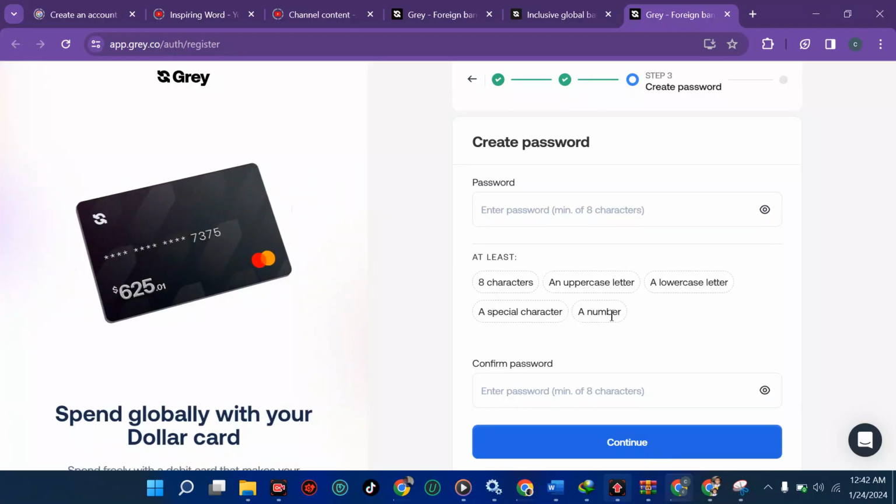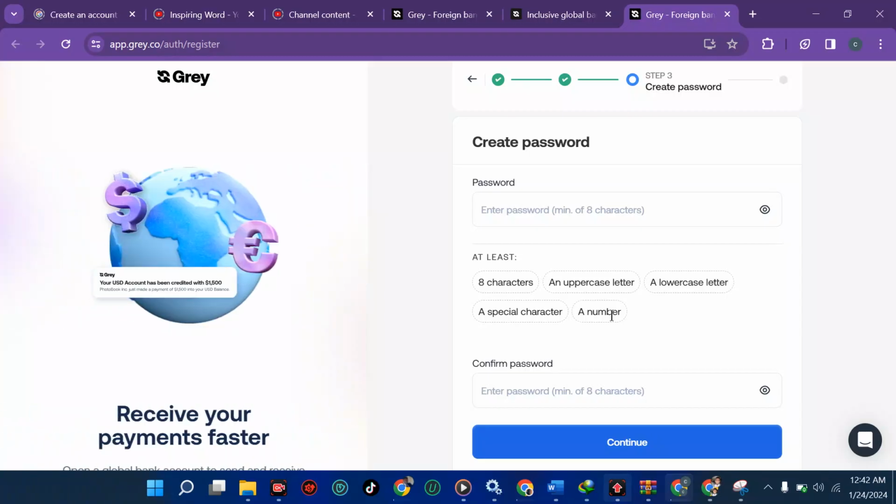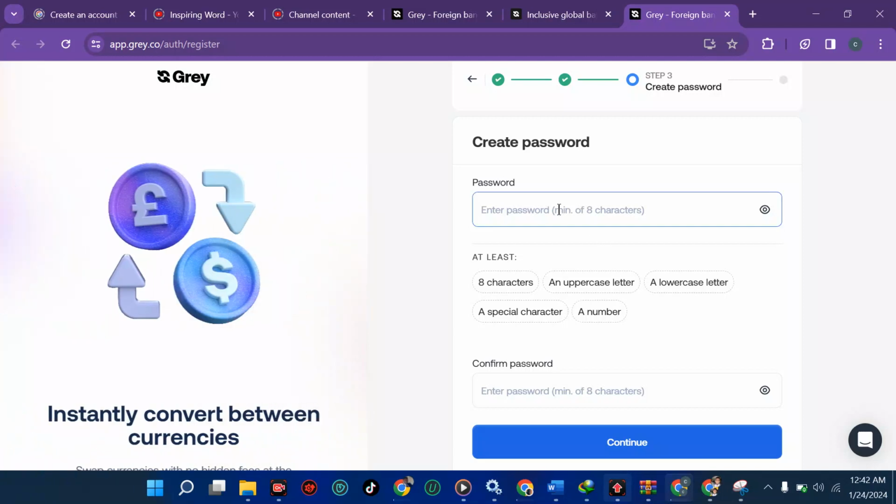The reason why they are doing this is for security purposes, and I think it's advisable you follow their principle so that you can have a very good password. So I'm going to put in my password here. Then let me show you a sample. Let's say you feel like using something like